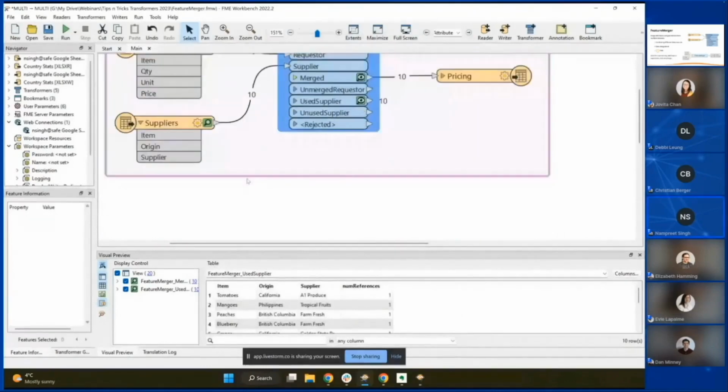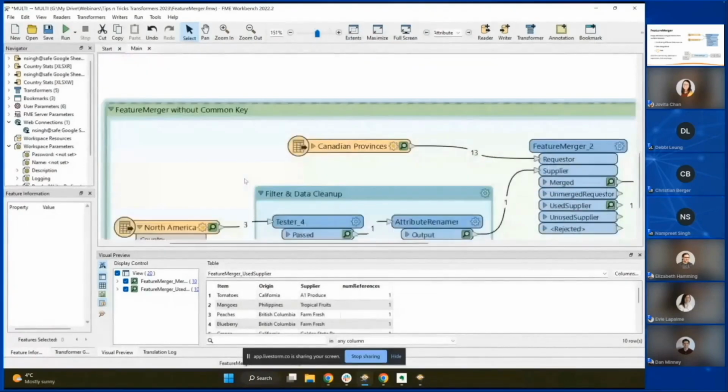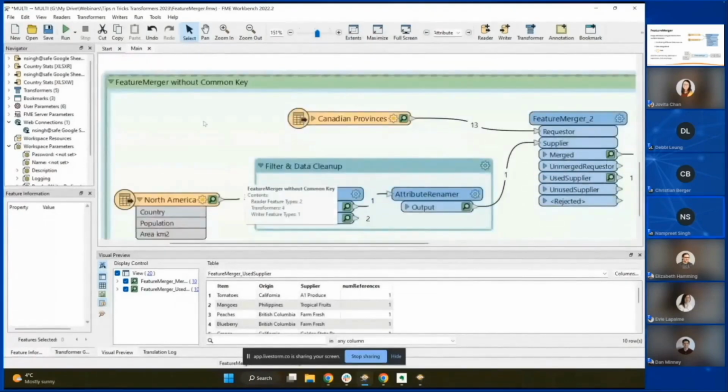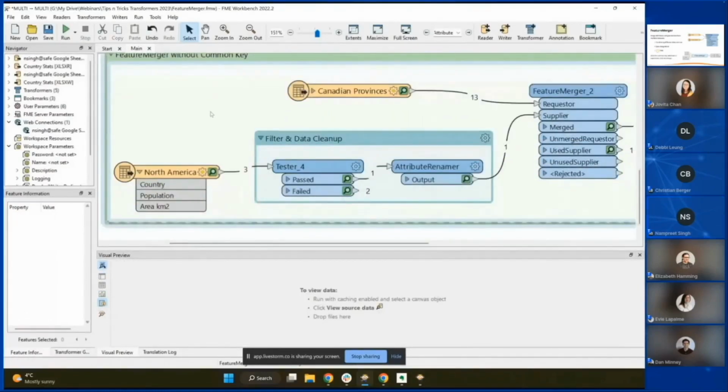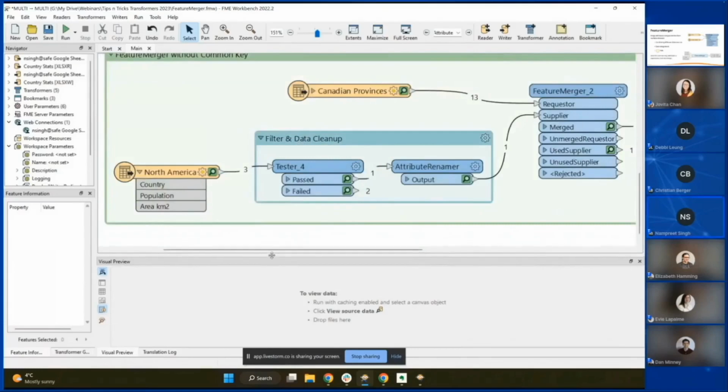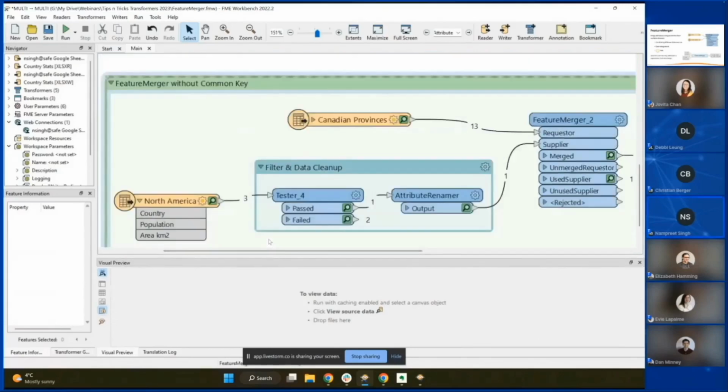Moving on to the one tip and trick that I want to highlight about the feature merger is how to perform a join between two data sets without a common attribute key. The reason you'd want to do this is if you are deriving a value from one data source and you want to apply that value to all the features from